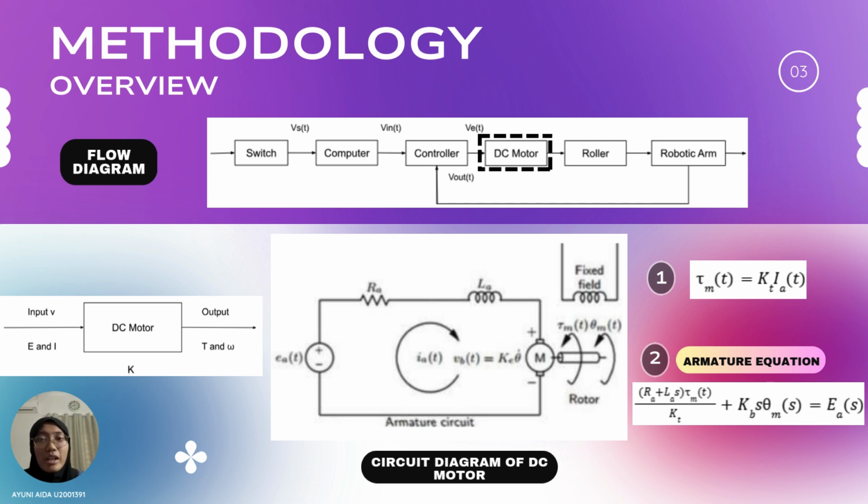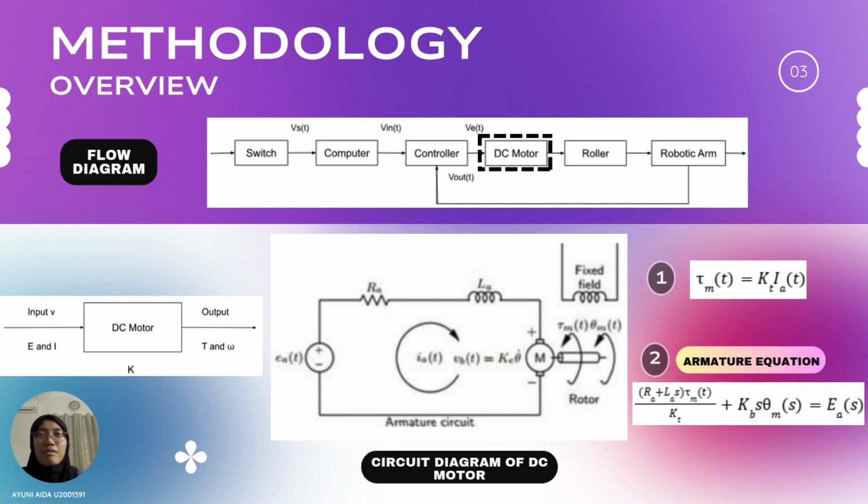In this slide, I will explain the methodology used for modeling the robotic arm control system. We begin by developing a flow diagram which starts with a switch generating the input voltage VST processed by the computer into a control signal VINT, then adjusted by the controller using feedback VOUT to drive the DC motor. The DC motor converts VET into torque to move the roller and robotic arm, ensuring precise motion via a